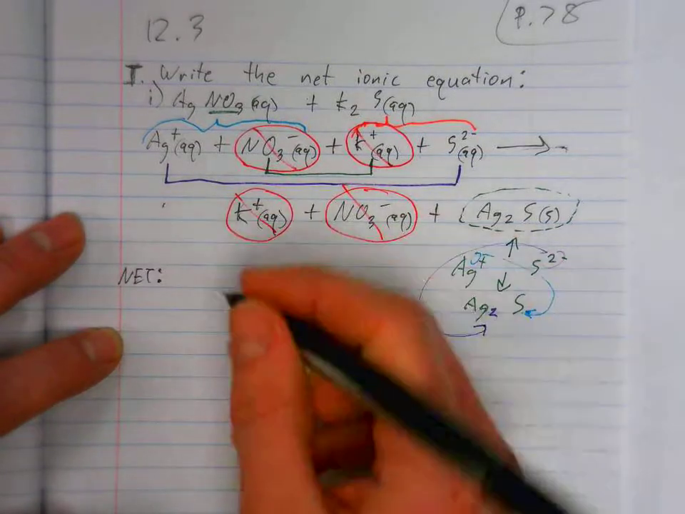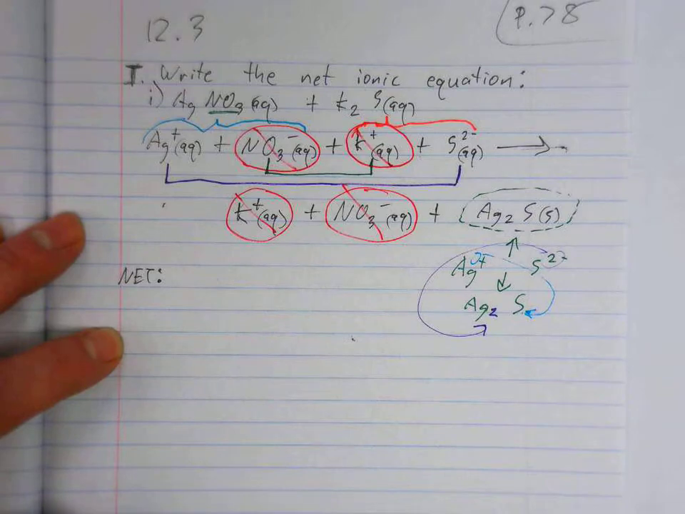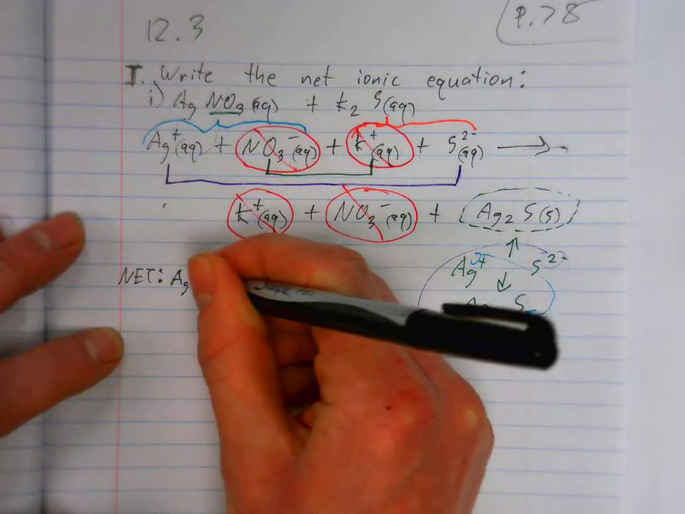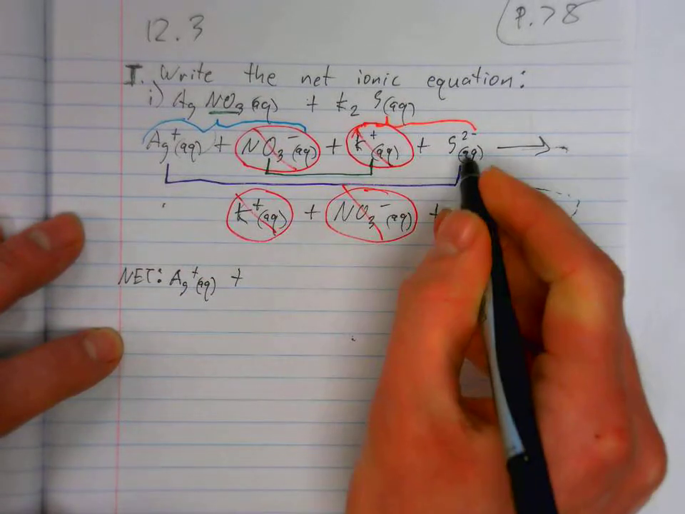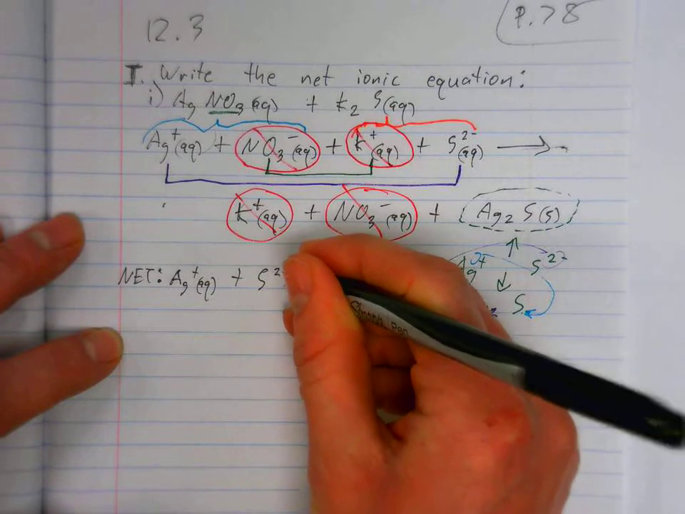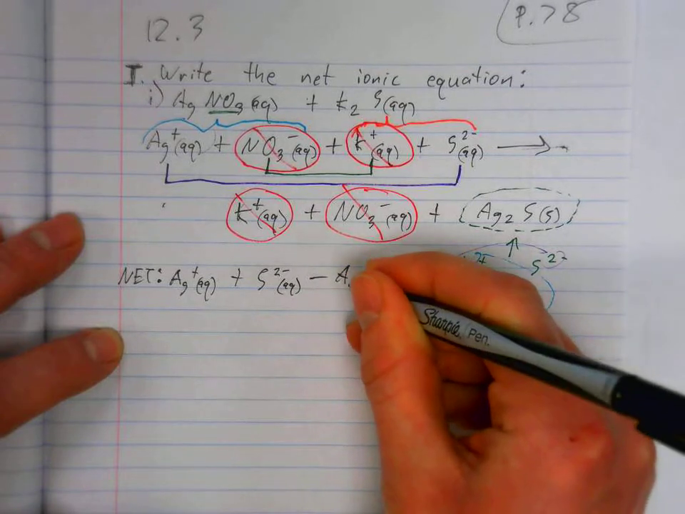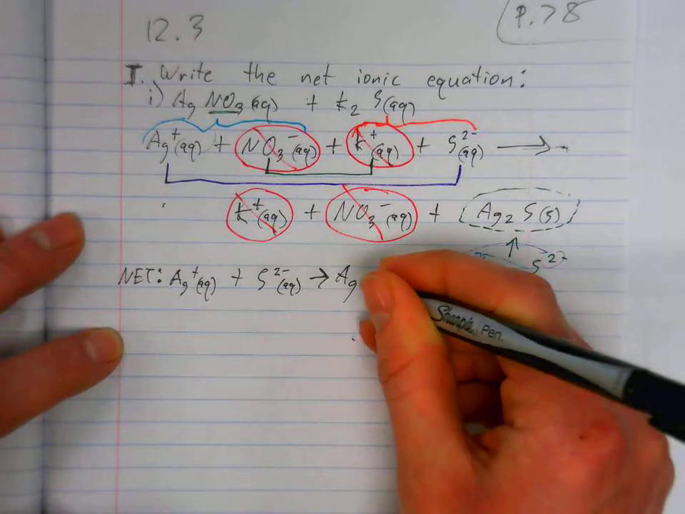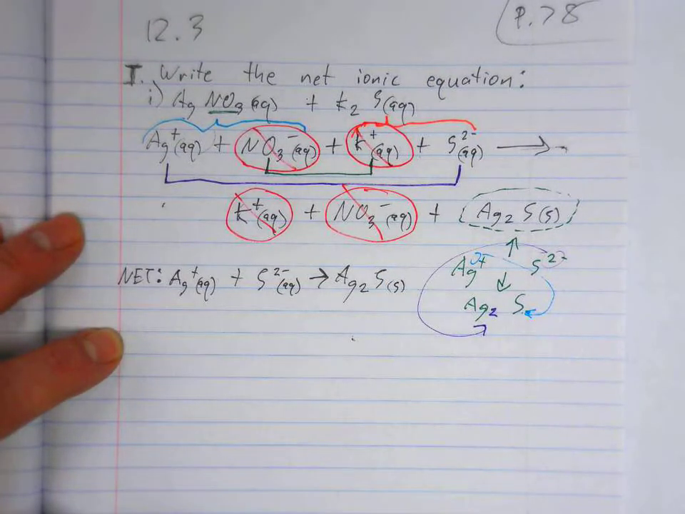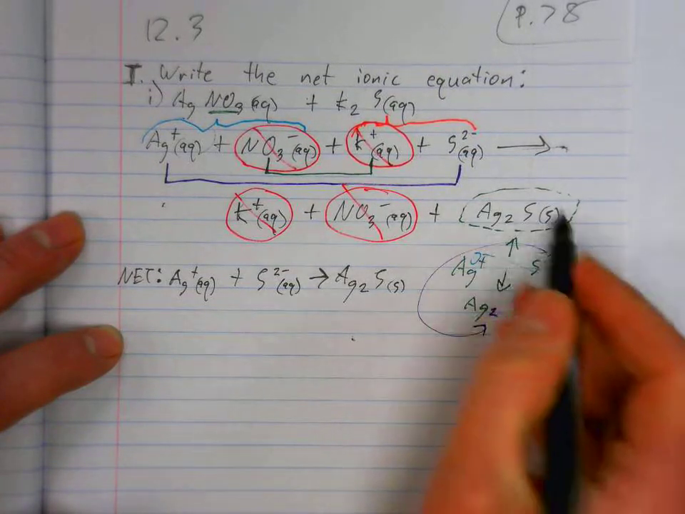The net ionic equation, we're going to write everything except for the spectator ions. So what's left is silver, Ag+, combines with sulfide, S2-, to form silver sulfide, Ag2S, solid. Now, I forgot to mention here is when we had to form this new compound,